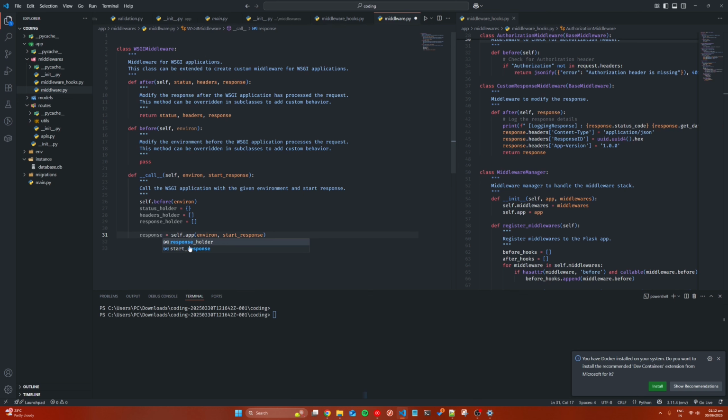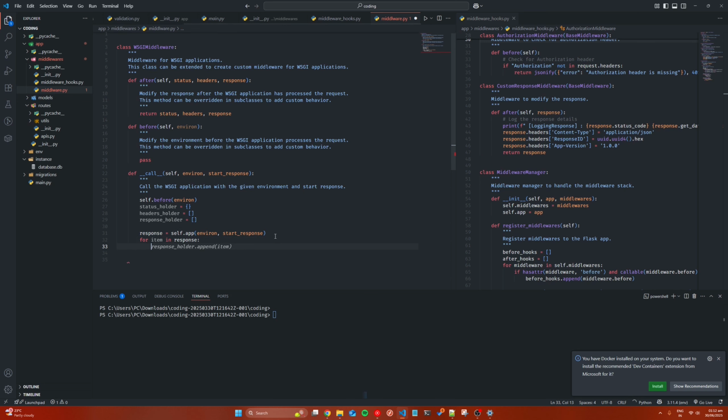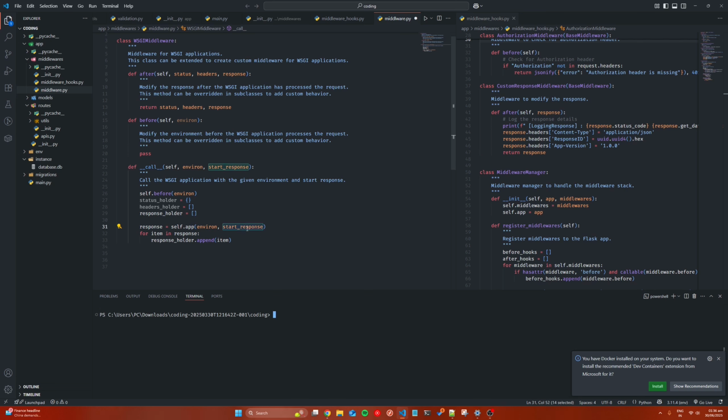So I will name it response. And now I will iterate over this response, and I will simply append to this response holder. So basically, all of the response items will be stored in the response holder array. Okay. And now here, instead of passing the start response directly to the self app, we'll create a custom wrapper